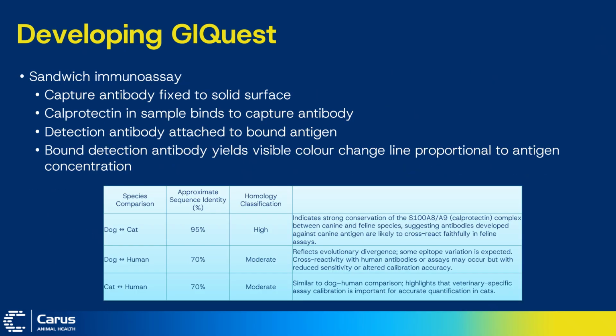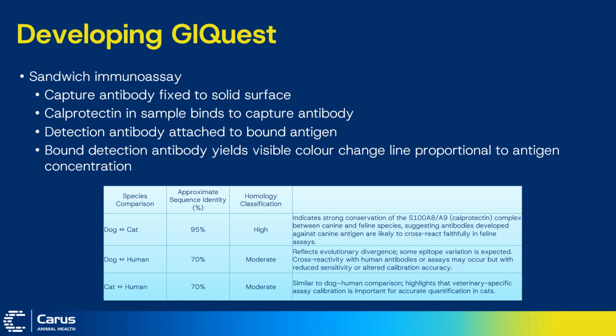The way our lateral flow test works is via a sandwich assay, in which there's an antibody that recognizes and captures one part of the calprotectin complex when the sample's added, and it fixes it into position. There's also a detection antibody that recognizes a different part of the complex and attaches to that bound antigen. The antibody is labeled and produces a visible signal. In this case, it's a coloured line that has a variation in colour depending on the concentration of the antigen,